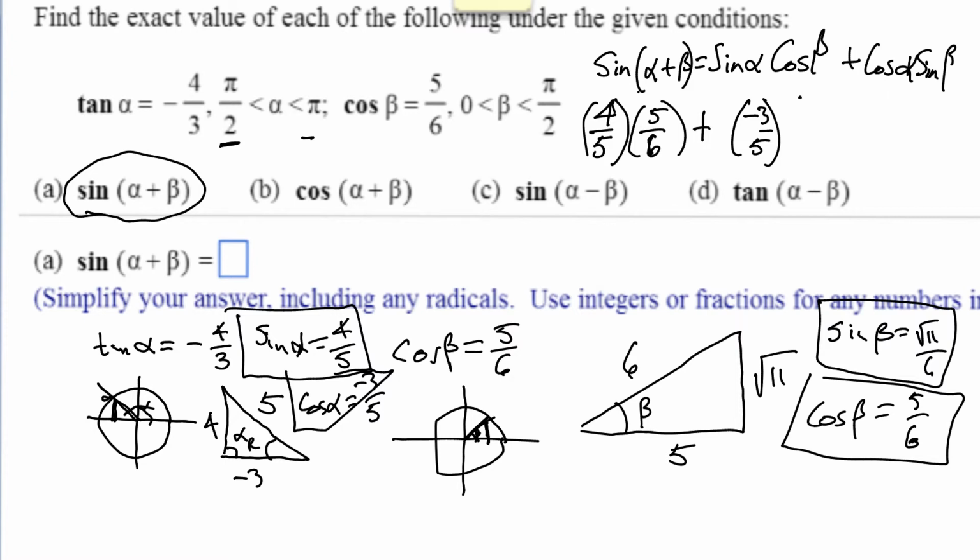Sine of beta is square root of 11 over 6. And then we'll have 20 minus 3 times the square root of 11